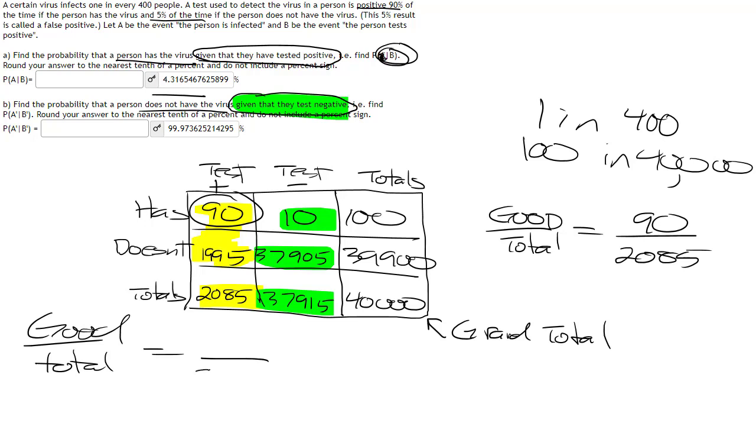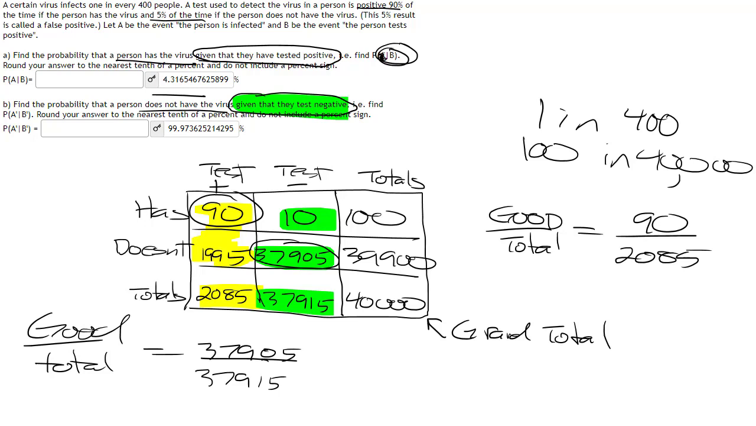And our total is 37,915. And they say, find the probability that a person does not have the virus given that they tested negative. So the does not have the virus are these people. So that's the